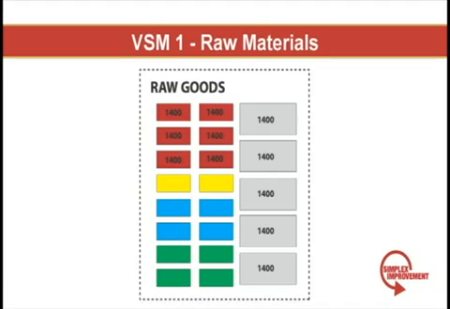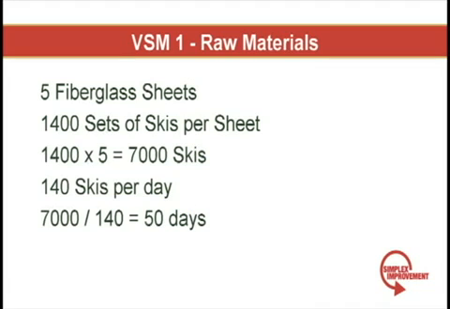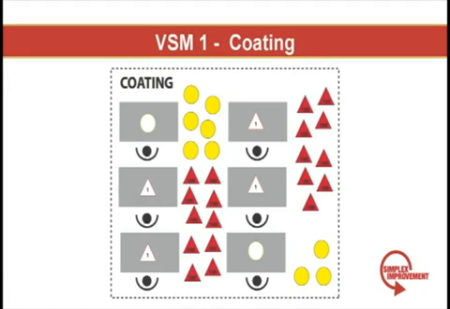I do the same thing for the massive fiberglass sheets in the raw material area. There are 5 sheets, and each sheet can produce 1,400 sets of skis. So 1,400 times 5 equals 7,000 sets of skis. I divide 7,000 by the customer demand of 140 per day, and that's 50 days worth of inventory of raw material fiberglass. I walk to the coating area and notice there are neat stacks of 100 sets of skis that